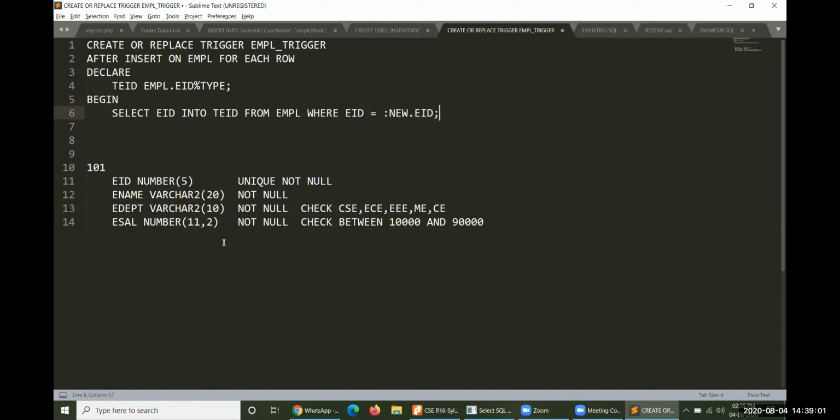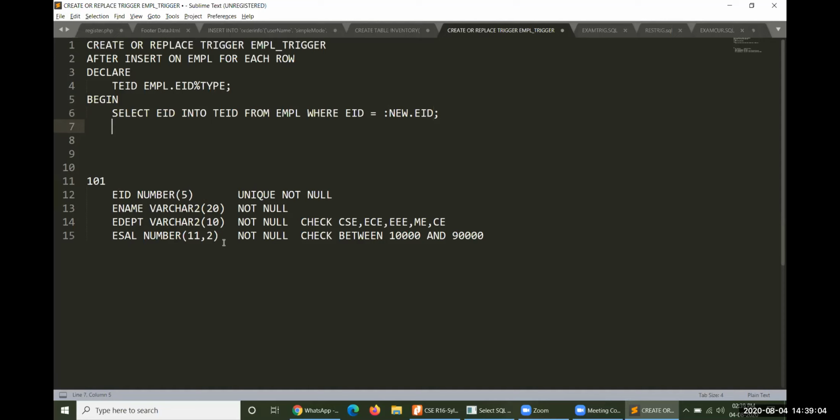I am trying to introduce one particular new row. Within that row, one value is there, that value is EID. I have just operated the insert operation. Within that, there is an EID; whether such an EID is available or not. If the same newly introduced value is not available, the value returned is null. If it is null, there is no problem. If it is not equal to null, if EID is not null,